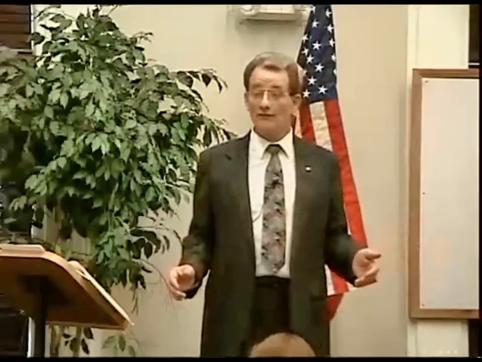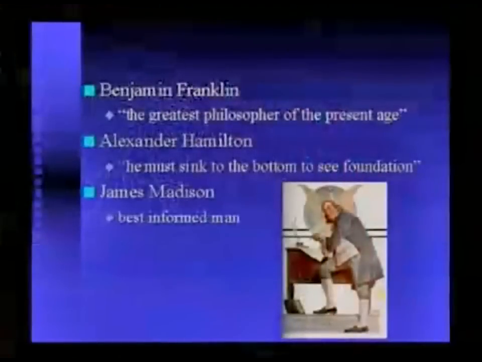This guy really knew his stuff. He was the most able man at the convention. And that's why, or one of the reasons, that James Madison is called the father of the Constitution. And when we get to studying the actual convention, you'll see what he did to prepare himself to get there. So James Madison was one of the best informed men